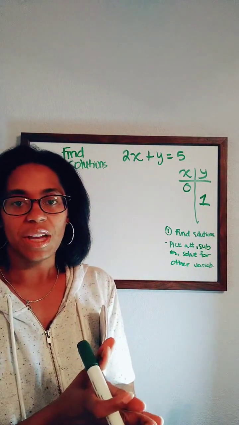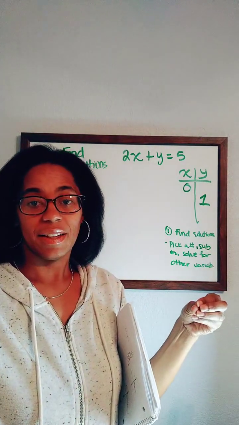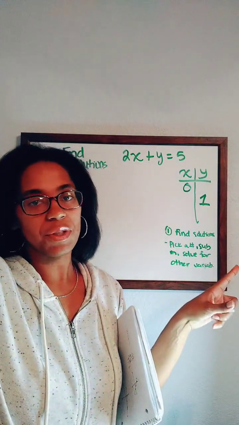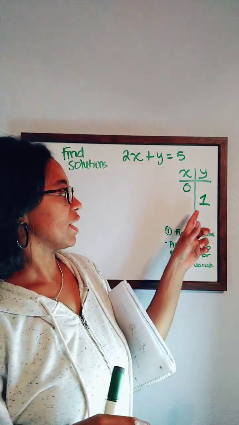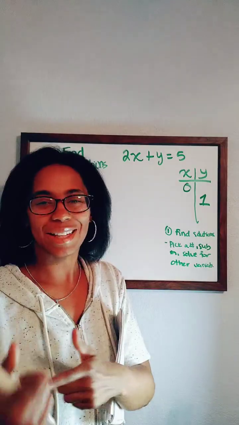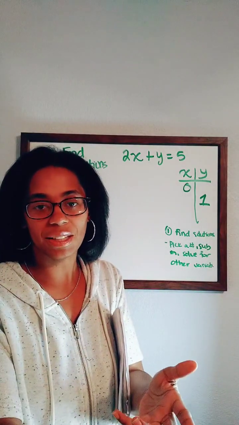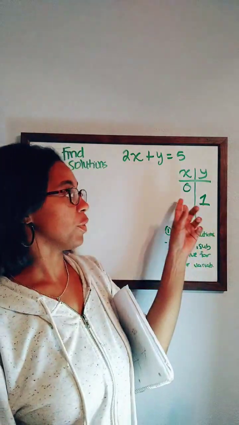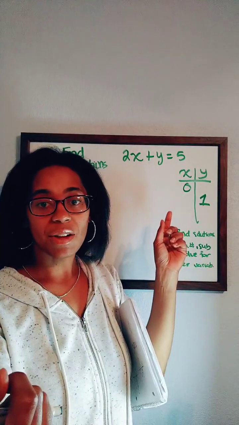Because this is a linear equation, it's a line, and lines go forever in every direction. So that means that you can choose a number, substitute it in, and it'll kick you out. It's like input, output. So when I put something in, I'm going to get something out. If you input a 0,